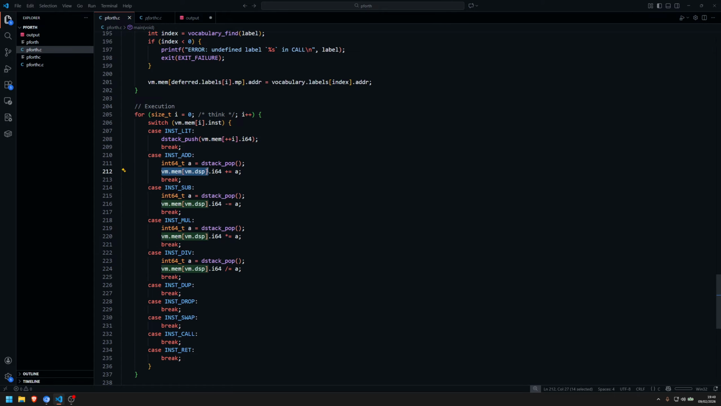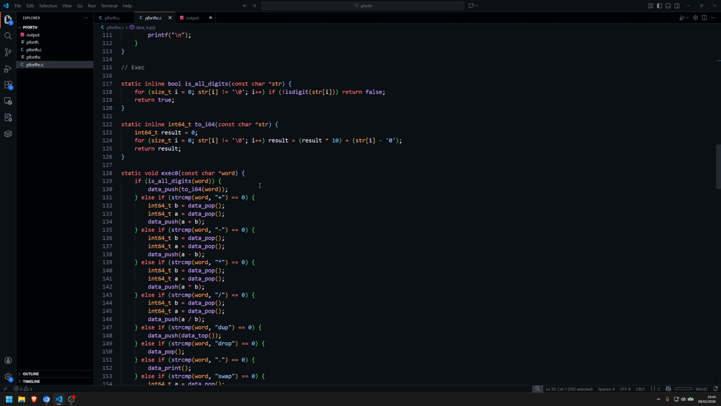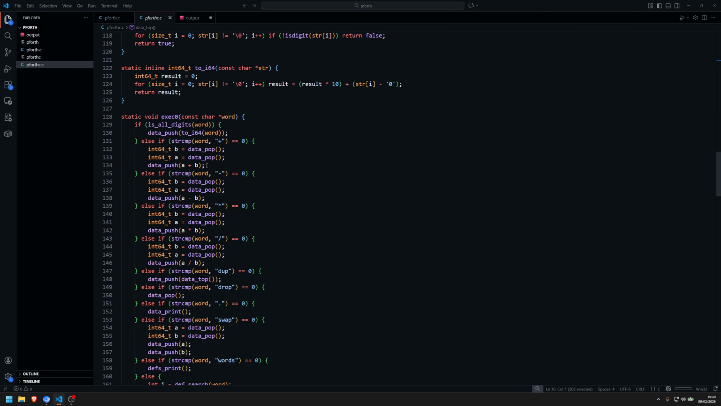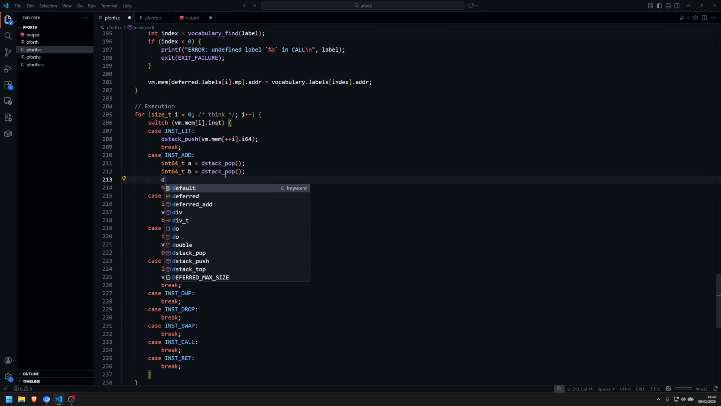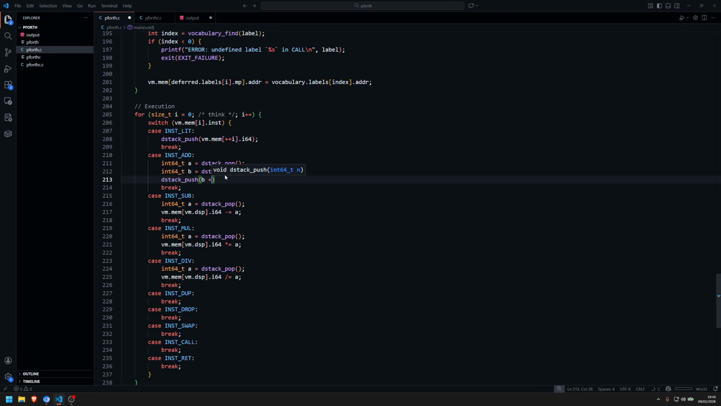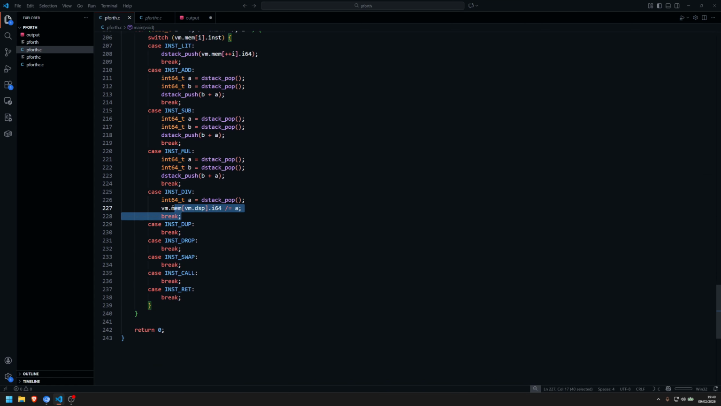Exactly. So I guess it's easier just to, yeah. We can extract both A and B, and then we can push, like we did here, B plus A. Stack push B plus A, because I want to have proper errors and everything, so I don't mind having an extra function call here. So that's